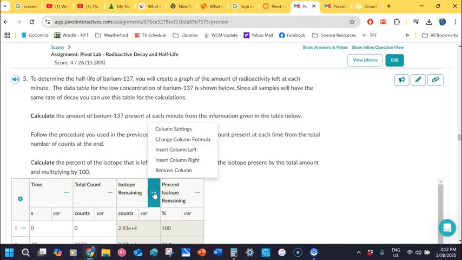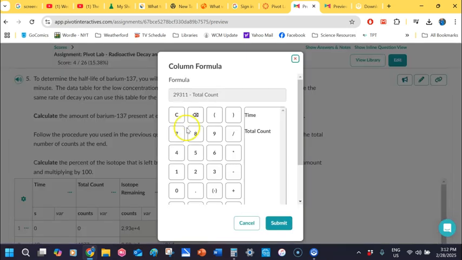Okay, now just for the record, you're going to come to a chart down here for the next part. I believe you can do this. If you click on the isotope remaining and click on the 3 dots over here, you can change the column formula. Okay, and the isotope remaining is where you take your total number, which in my case was 29,311,